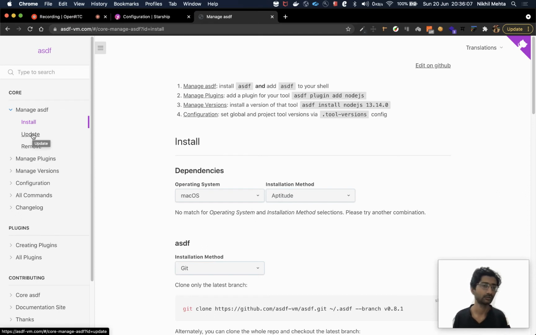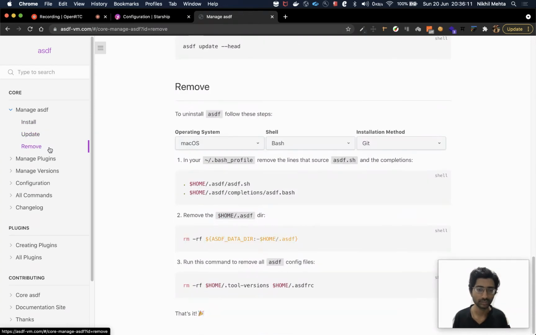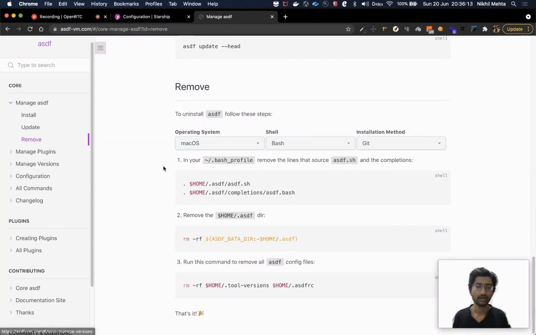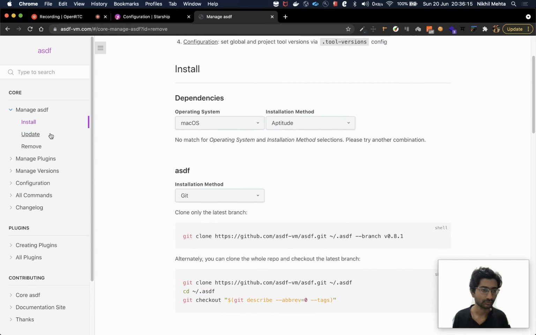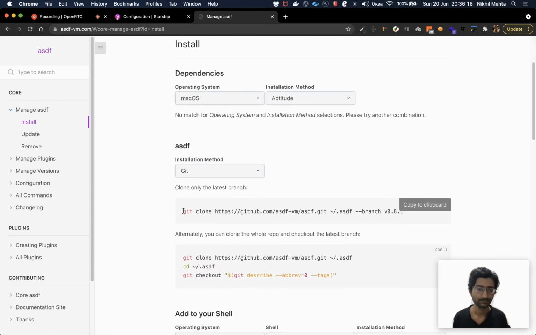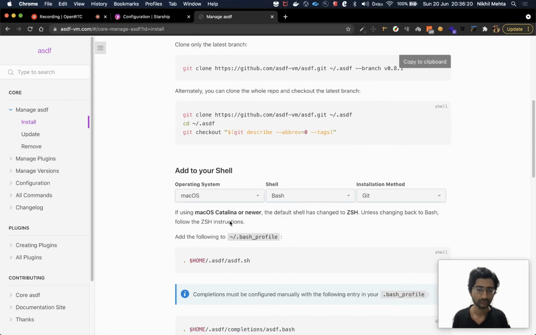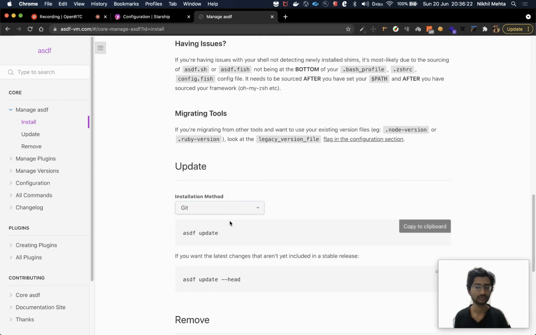I can even install multiple versions, update them, or even remove them, right? And it's pretty easy to install. You simply need to run a few commands. I'll leave the link to this in the description, and you can go and install it onto your machine.